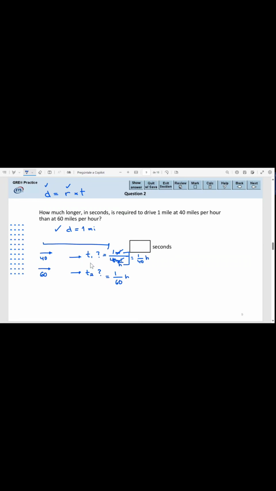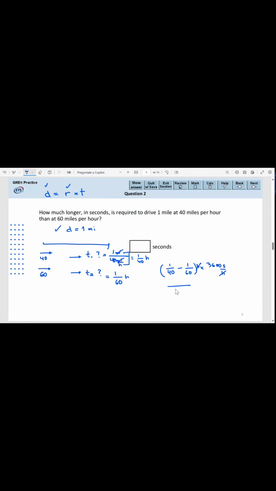So what is the difference? This is how much longer. The difference in times will be simply 1 over 40 minus 1 over 60. But this is a difference in hours. In order to find that difference in time in seconds, because this is in hours, I need to multiply it by the factor 3600 seconds per hour, because an hour contains 60 times 60 seconds. So the units will cancel here, and once I set up this fraction, the least common